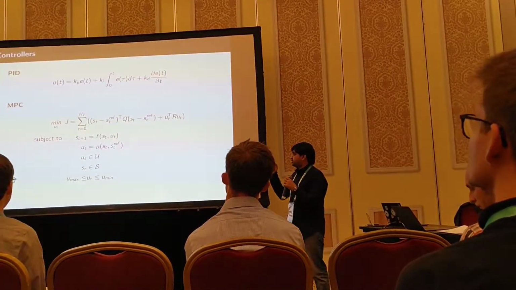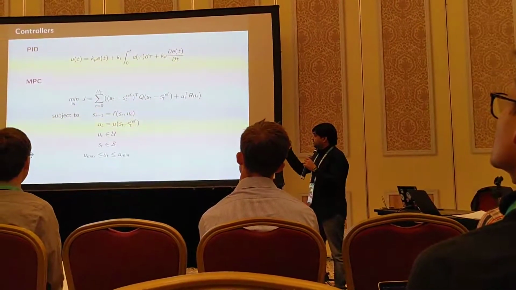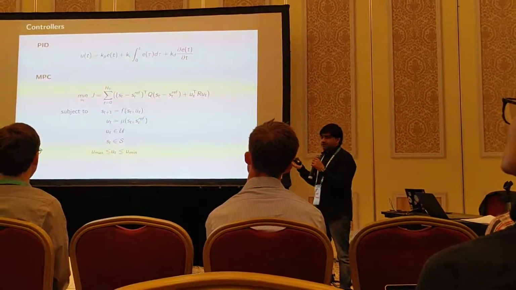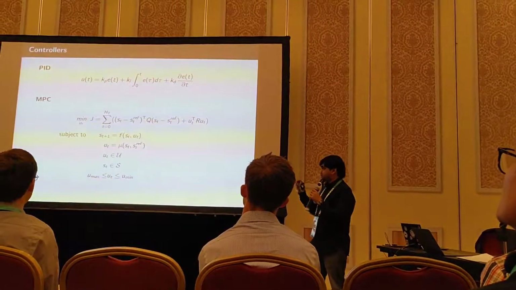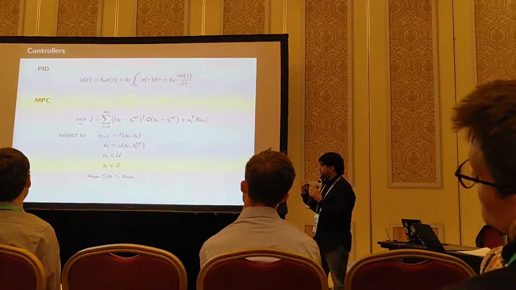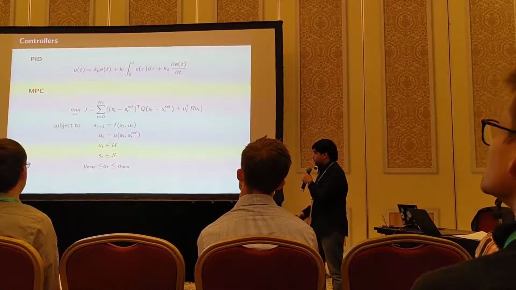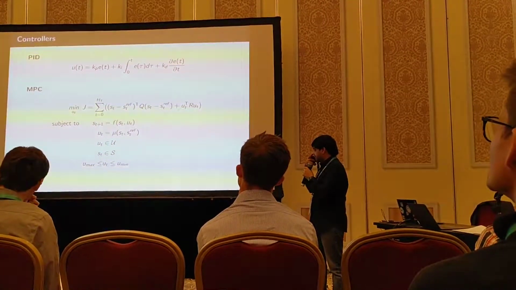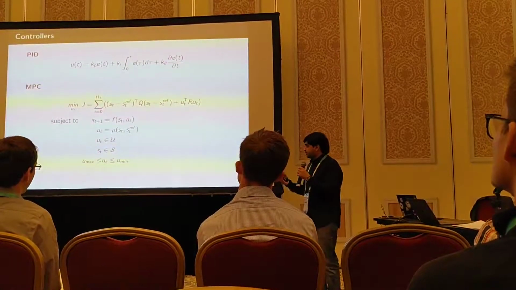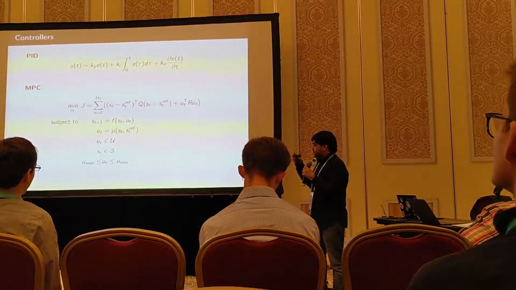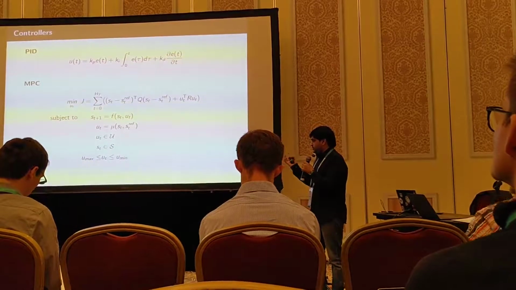In short, the PID is defined by 3 constants: proportional, integral, and derivative. They are generally calculated by tuning or by tweaking the system, by perturbing the system and measuring how much the system has changed. The model predictive control is an optimization-based control. So we solve an optimization problem where we check the error between our current state and the reference state. This optimization problem is constrained on the dynamics of the system, and we can have bounds on the control input.